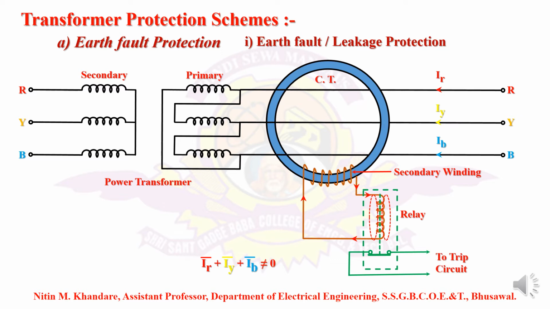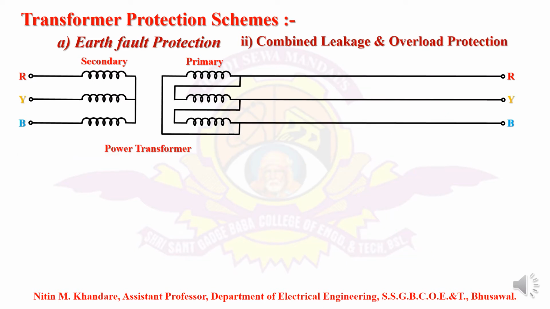Let us continue with the next, that is, the second subtype, the combined leakage and overload protection. In the case of core balance protection, we are not taking account of individual currents, but if we want to consider overload protection, then we have to take account of individual currents, as we don't know when one of the phases will get overloaded. That's why instead of applying a single CT, we are applying three individual CTs here, like this, one CT for each phase,